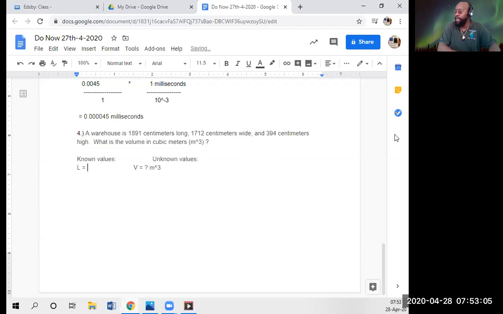When you start to understand these variables that I'm giving you, like V, L, W, H, they go into an equation and I'll pull it up on the screen for you. But I just want you to understand how to start setting it up. Then we're going to discuss how this works in terms of mathematical equations or procedures we use. So length is 1,891, and that's centimeters, so I'm going to put cm. But there's a problem with that, and we're going to discuss it in a second.